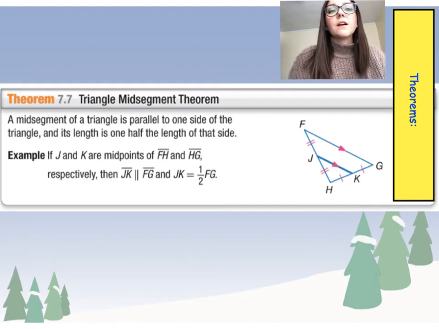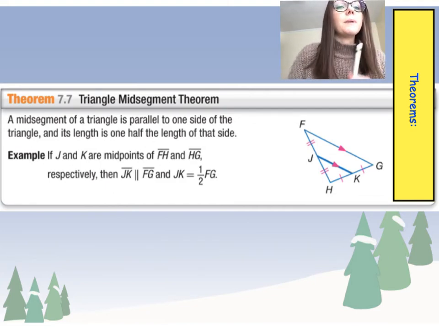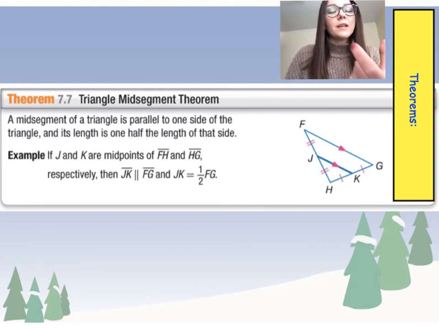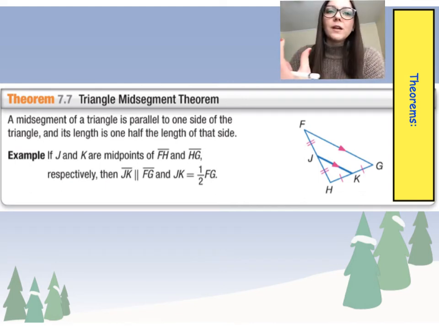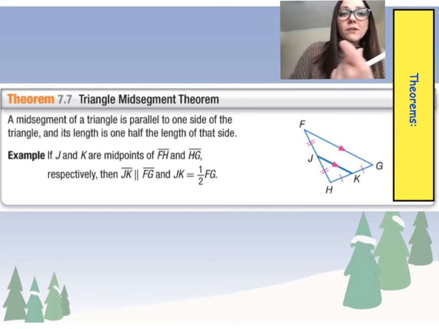All right, now let's talk about the triangle mid-segment theorem. Remember I said that mid-segment, the vocabulary of the day, was going to have special properties. So here they are. A mid-segment of a triangle is parallel to one side of the triangle. By the way, this makes sense because a mid-segment would apply with the triangle proportionality theorem. But if we take it a step further, its length is going to be half the length of the